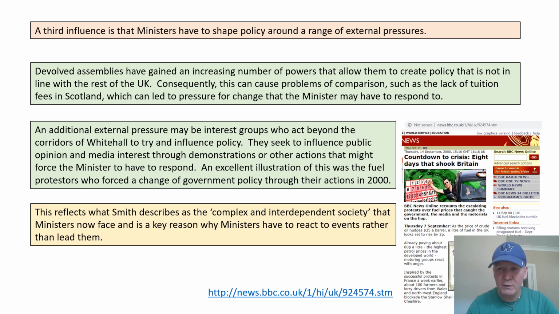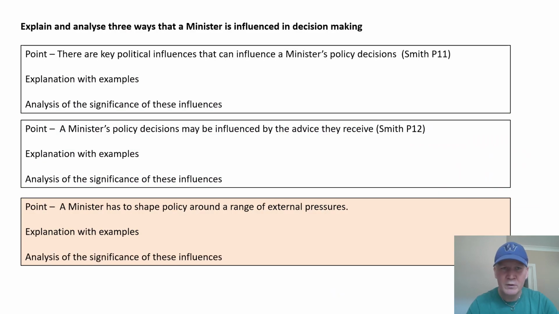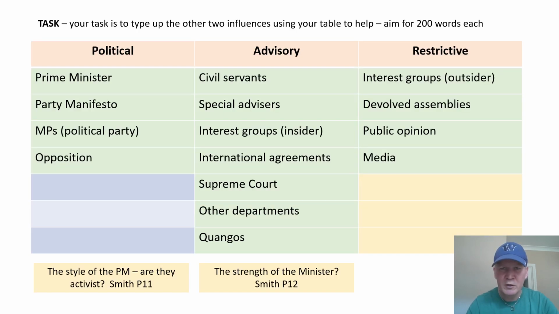You can see the model we're looking for, and you can start to consider how to build your own answer. So going back, there are two areas to work on. The first is the political influences the minister has to deal with, and the second is the advisors they have to work with. What I want to see you doing is a similar sort of thing. You'll be discussing, in terms of the political, the role of the Prime Minister and other factors and how they shape the policy. Then you'll be thinking about the advisors and the constraints and how they shape the policy. I'm looking for around 200 words for each of these paragraphs.